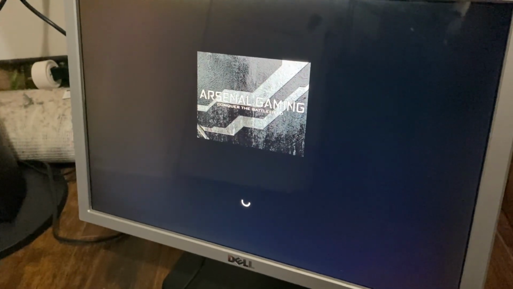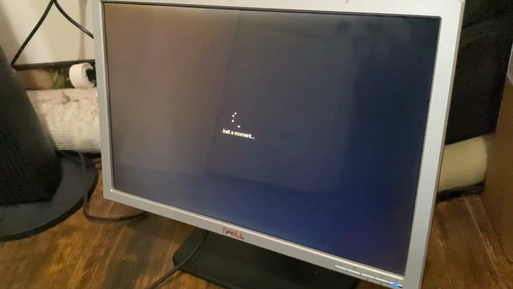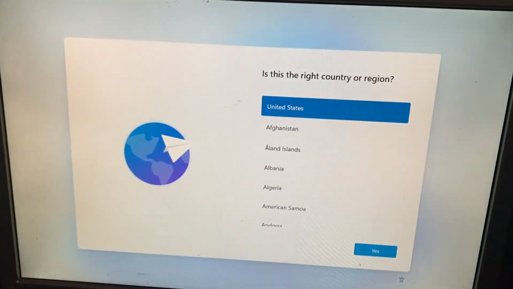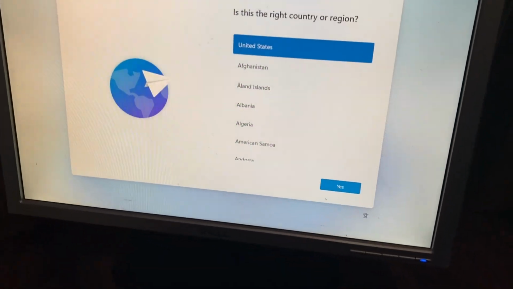Looks like the computer's starting up again. And welcome to Windows. And now you just go through it like normal, and you are free to